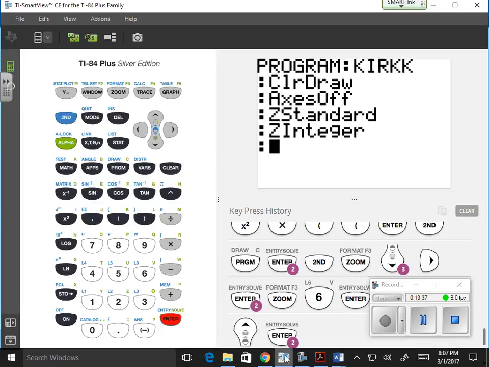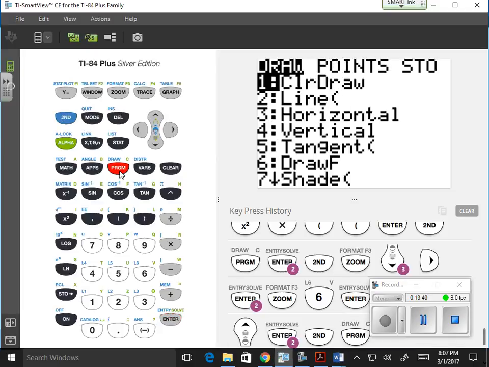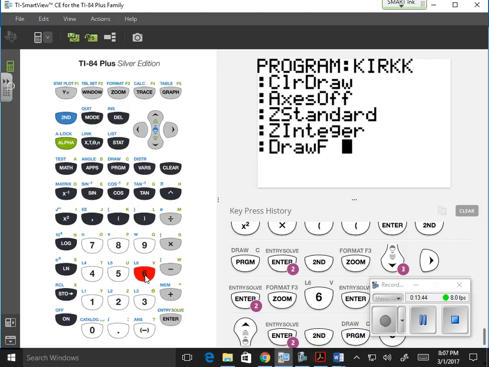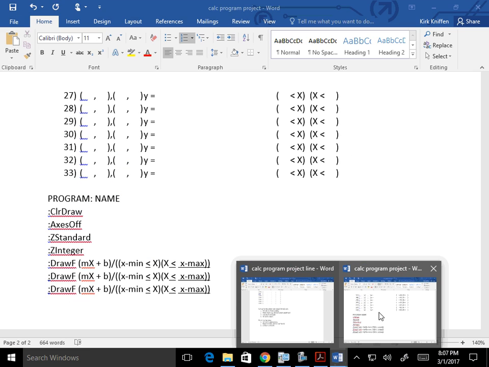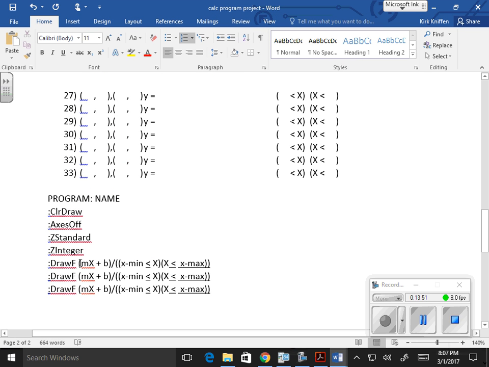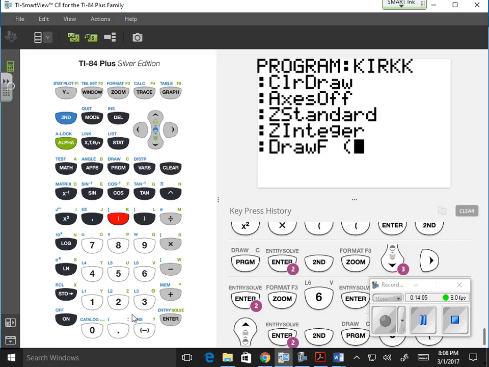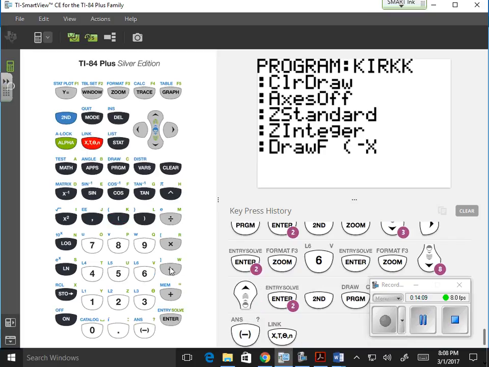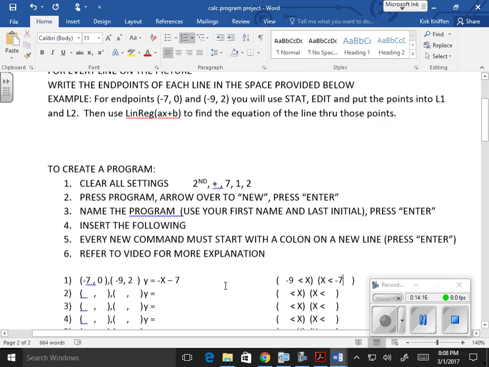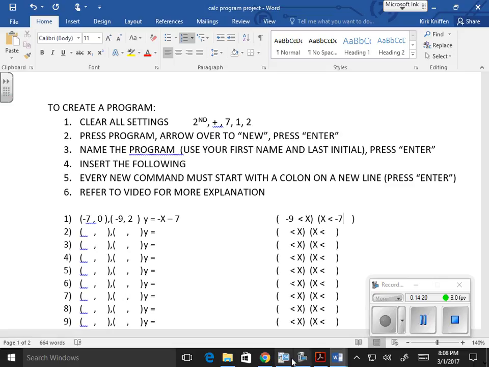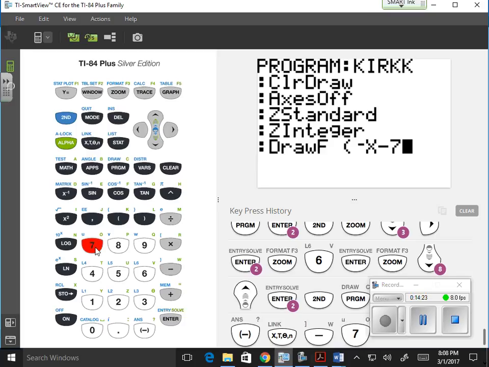So draw f, so second draw, number 6 is draw f, and then we've got to put parenthesis, mx plus b, close parenthesis, divide by, double parenthesis, parenthesis, negative x minus 7, close parenthesis, divide by 2 open parentheses,